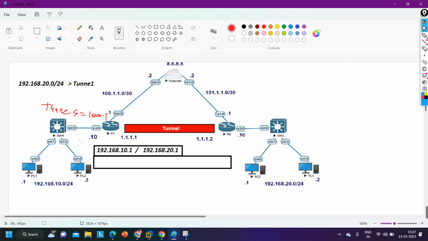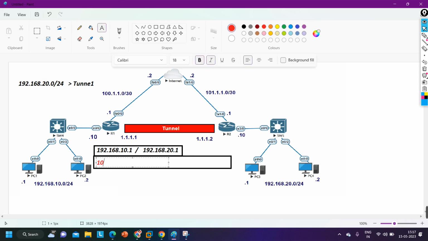So in the GRE header, the source IP address will be the tunnel source IP address, 100.1.1.1, and the destination will be the tunnel destination IP address, that is 101.1.1.1. And then there is one field called the protocol field. So in the GRE header, there will be the protocol number of